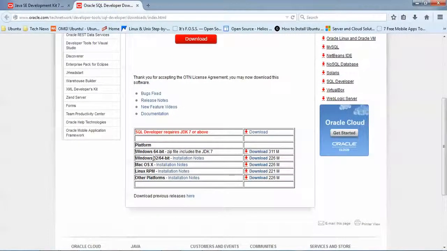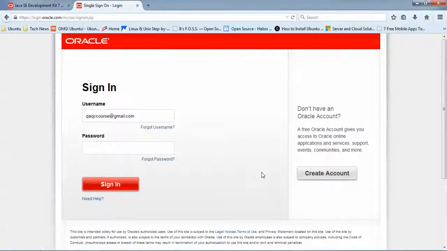You can see the platforms: Windows 32-bit and 64-bit, Mac OS, and Linux. For Linux, you need to download this one, and when you click on this download link, it will redirect you to a login page, where you need to log in with your Oracle username and password. If you don't have an account, you can create one, and after that log in with the username and password. I have already downloaded it.